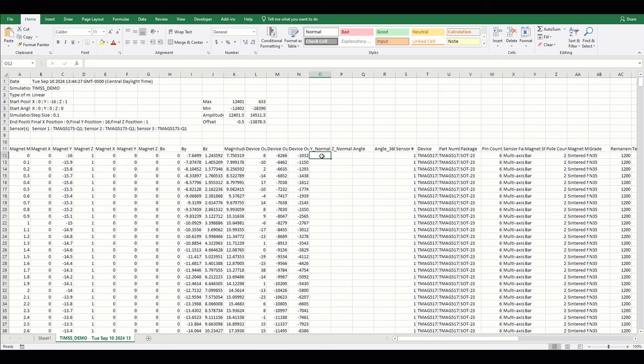These calculations can then be applied to the y-axis by subtracting the offset, then dividing by amplitude to normalize the sensor output. This same process is done on the Z output to help create a more linear angle response.